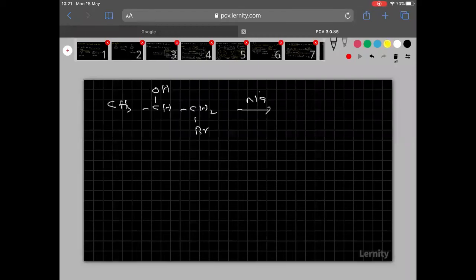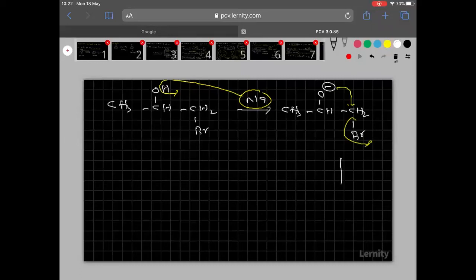So again, sodium is there now. Sodium will remove hydrogen from here. Then oxygen gets the negative charge. So see clearly, CH3-CH, oxygen gets the negative charge, then here CH2Br. Now what happened? The negative charge attacks on this carbon, then Br minus will depart. By which mechanism? SNi mechanism again, same.